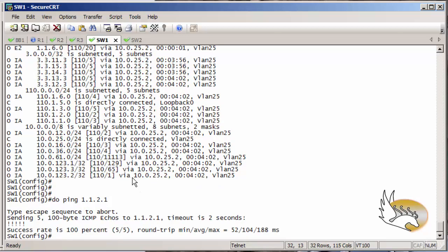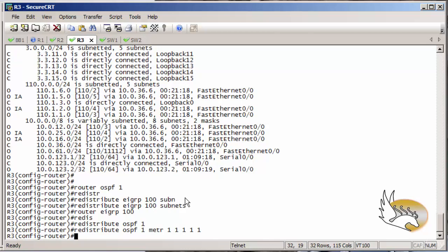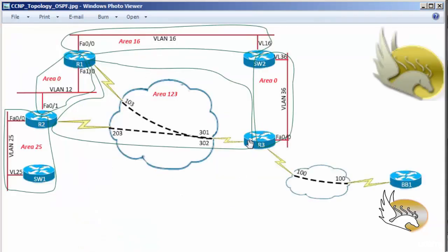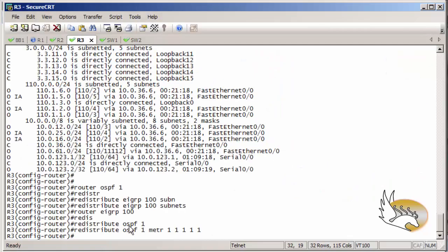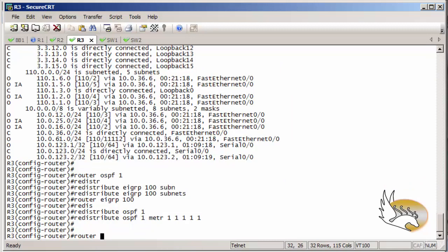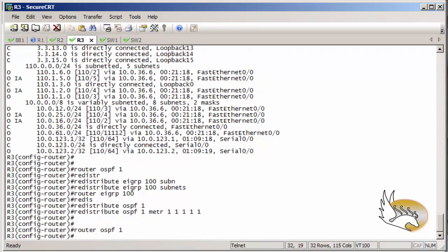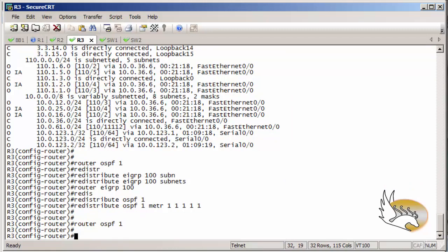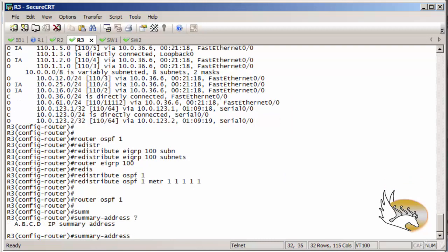So if I want to stop some of these routes coming into, for example, my routing table on switch 1, I can use another type of filtering, and this is on the autonomous system border router, that's called ASBR. So I need to have another type of filtering, and that's the summary address command. So I go to router OSPF 1, and again I need to make sure what is the summary, but I guess I know that already. So I use the summary address command,